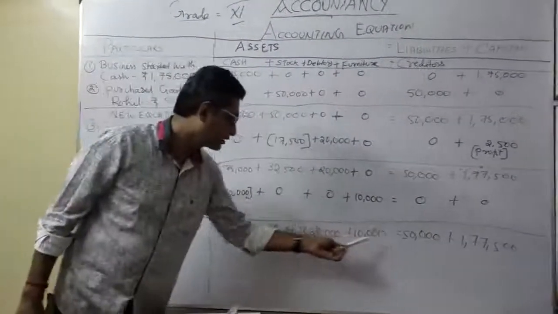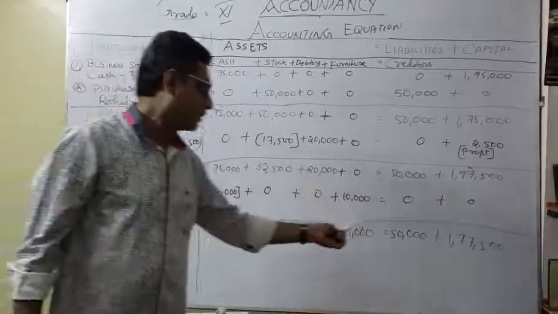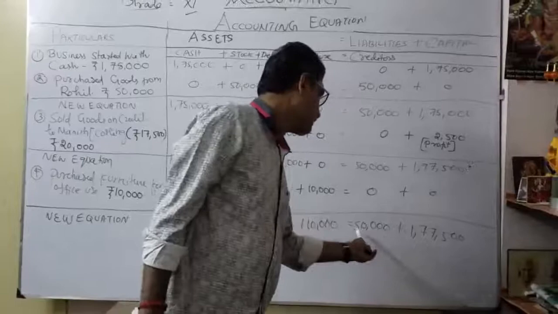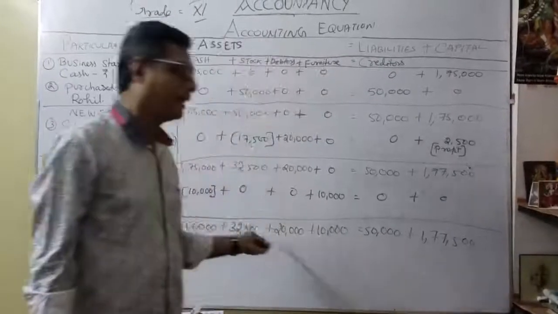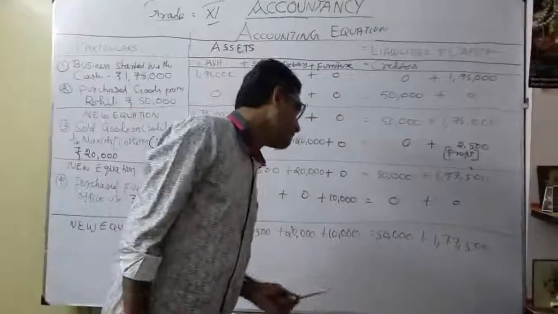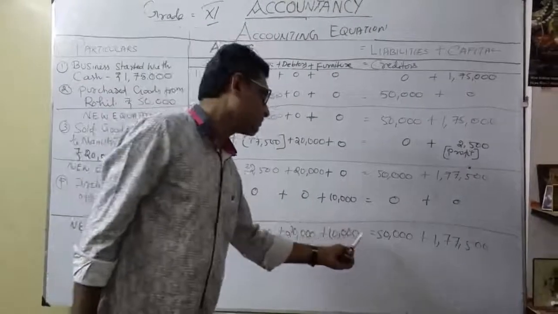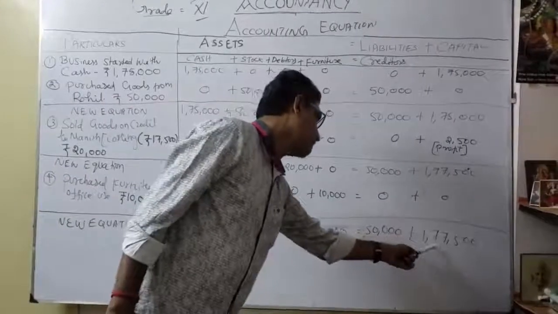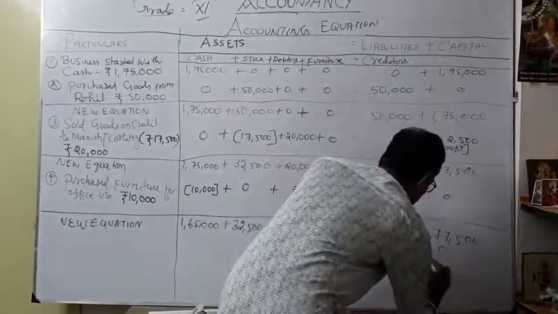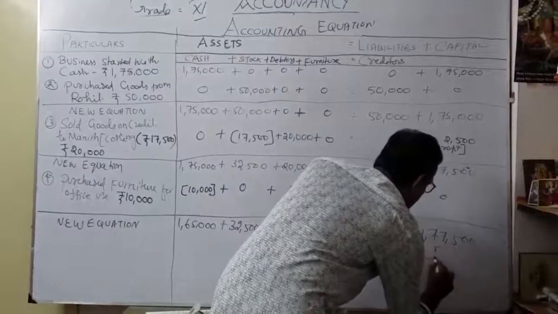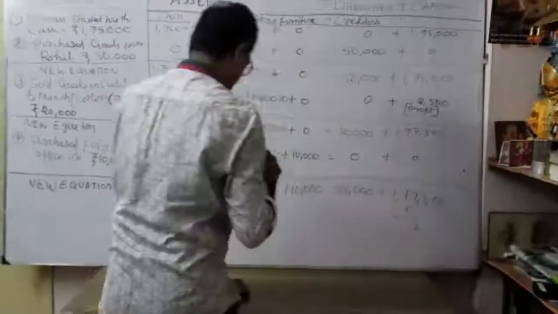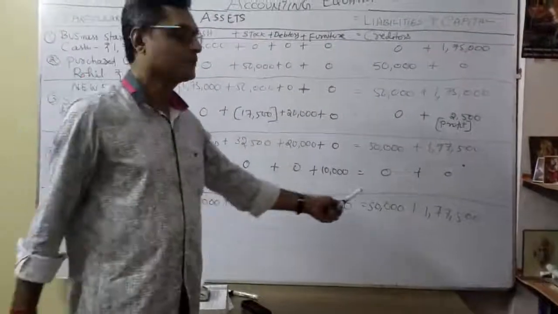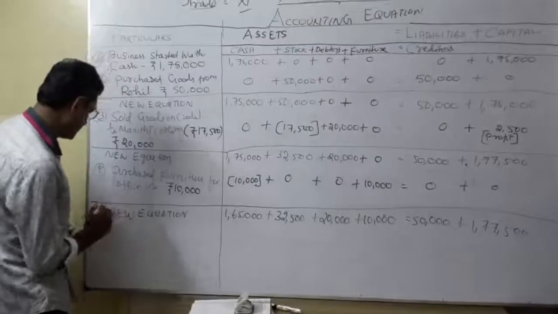When you add up to this, what is the total? Up to this, what is the total? It should be the same on both sides, how much? 2,32,500. Add both sides, it will come. Correct? 2,32,500. Okay, so 2 lakh, add this 50. For example, 50. So 7 plus 3, 10, 2. So 1,27,500. Add both sides, how much will come? 1,27,500. The equation is equal on both sides. Now go for the fifth transaction.